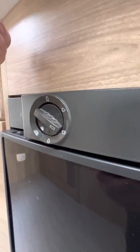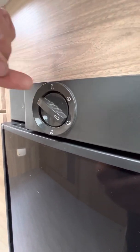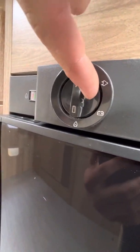The 12 volt holds the temperature. It doesn't get the fridge cold on its own. It just holds whatever temperature you put in it first. Or if you didn't want to use the electric, you could go down to gas, and then what you need